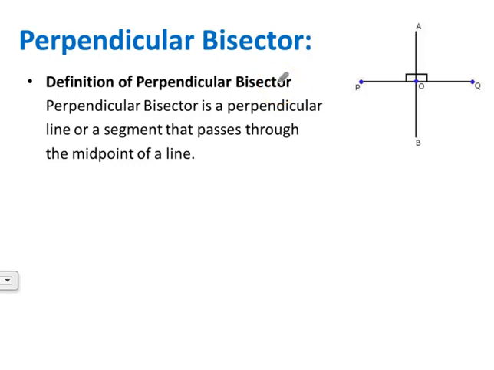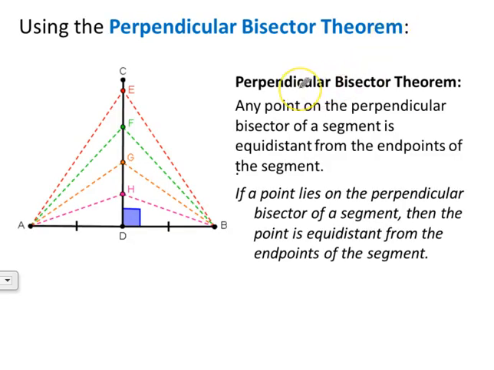The definition of a perpendicular bisector is a segment that passes through the midpoint of a line at a 90-degree angle. So remember, a bisector is going to intersect a segment and divide it into two equal parts. So now these two segments would be congruent. And then we're going to add in perpendicular, which means that bisector also has to intersect at a 90-degree angle. I'm going over this because I'm going to introduce a new theorem to you, the perpendicular